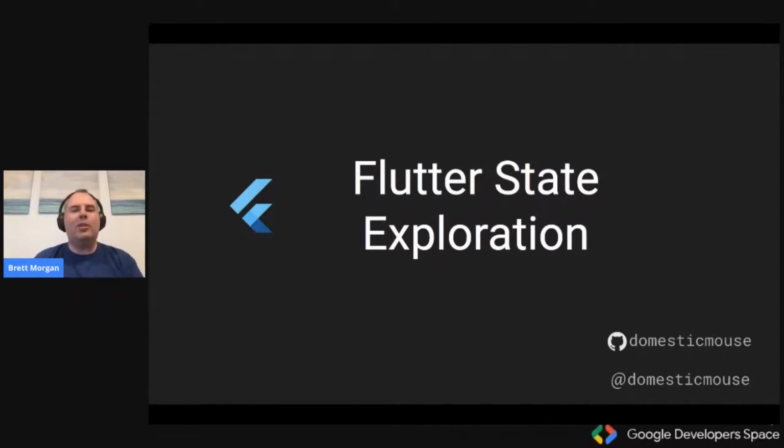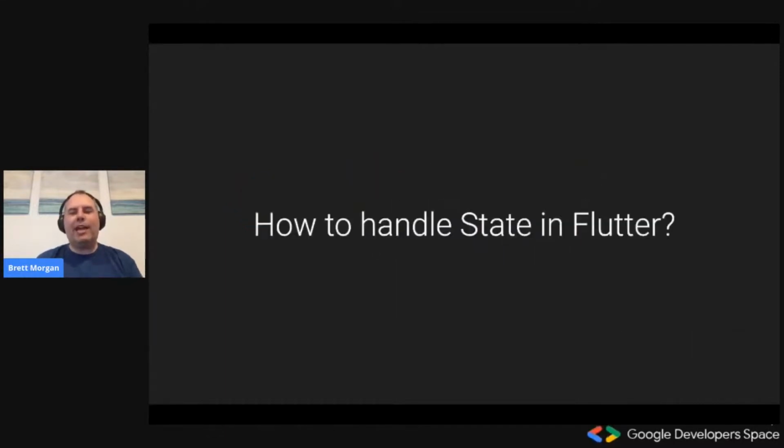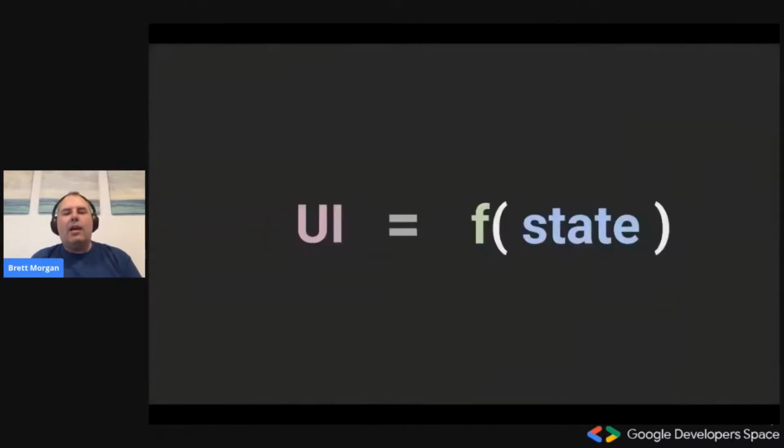I decided to dive into the slightly ambiguous area that everyone keeps asking me every time I get on stage, and that is, what's the best way to do state management in Flutter? And I thought I'd answer it in the best way that I can, or that is, how to handle state in Flutter. And that's to look at this little diagram here that we've seen pop up fairly frequently, and that is